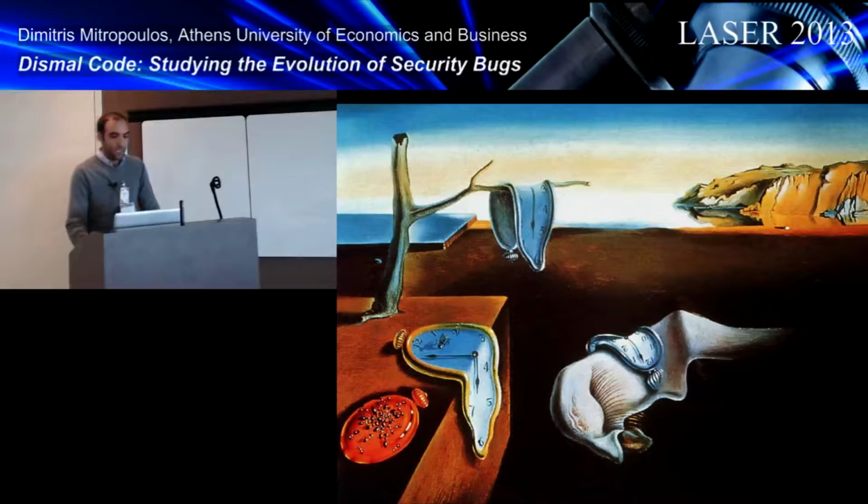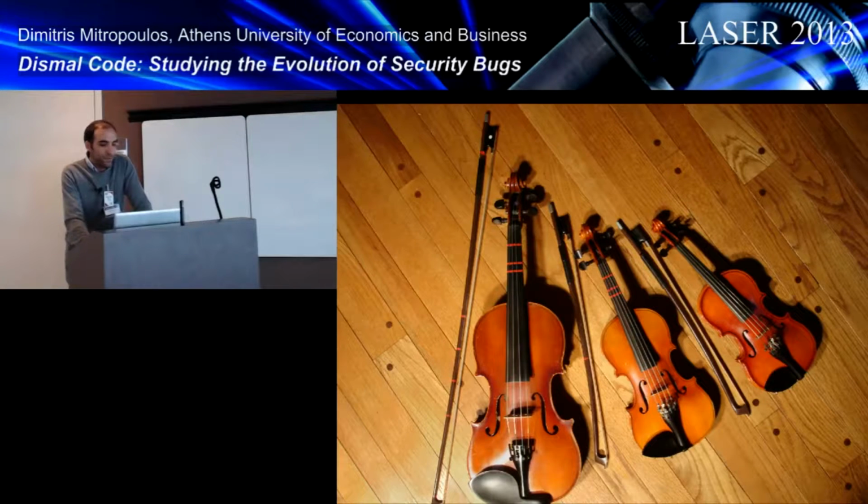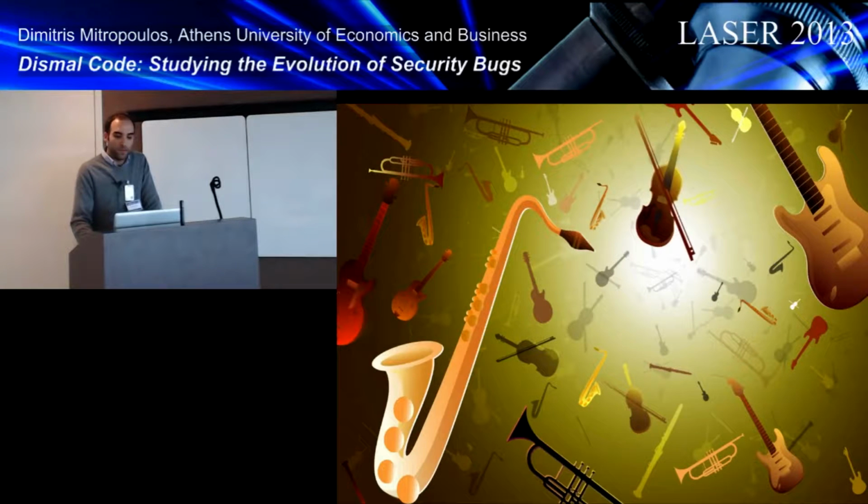Then, we examined security bug persistence across releases. Our expectation was that security bugs should be eliminated earlier than other bugs. Then we studied the relation between security bugs and the project release's size. Our hypothesis here was that security bugs are proportional to a project release's size. Finally, we examined the correlation of security bugs with other categories. Our expectation was that security bugs appeared together with bugs coming from other categories.